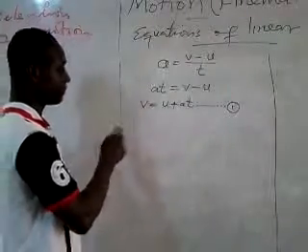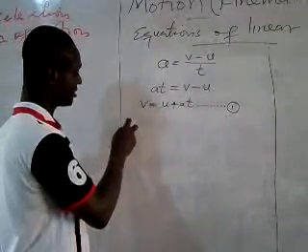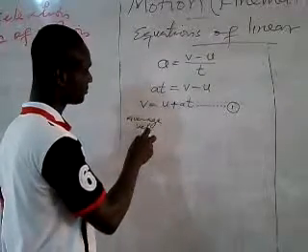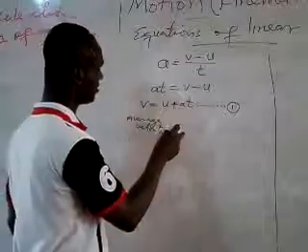Now let's talk about what we call average velocity. That is average velocity, which is also equal to displacement